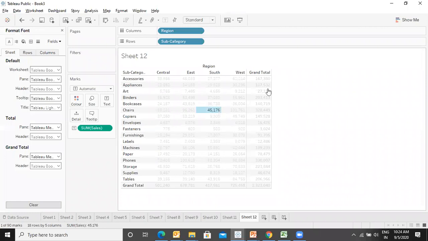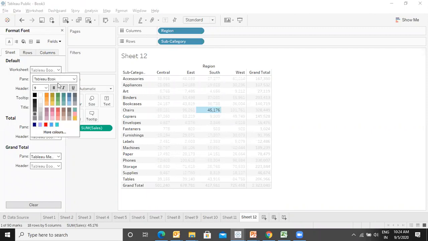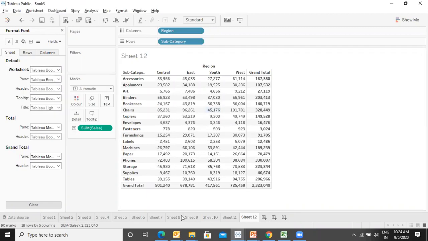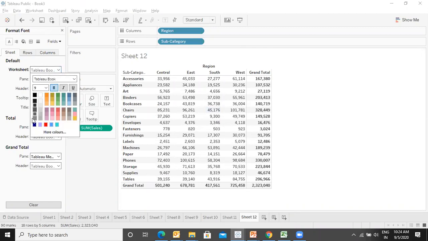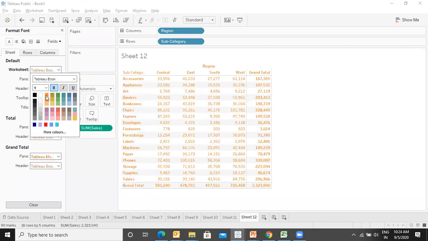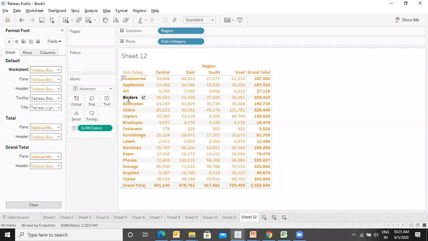So again, you will be taken to the same place. Now let's talk about the font worksheet. I want to make everything bold over here. I want to change the color. Let's take yellow, orange over here. Let's increase the size of it.